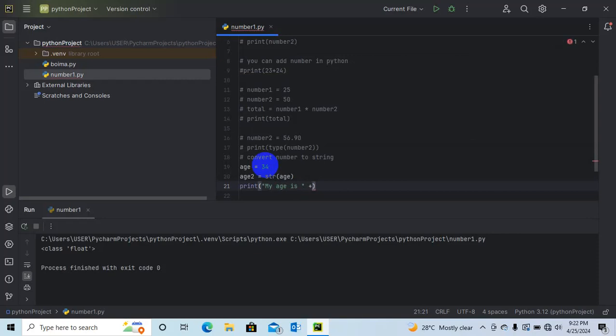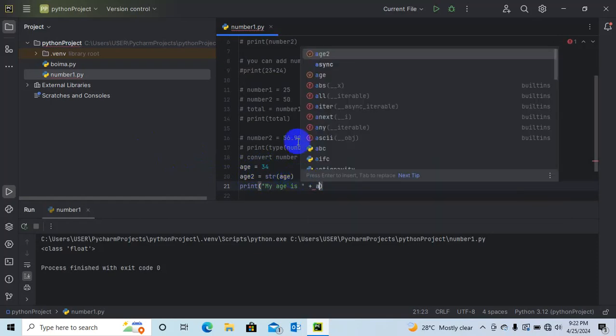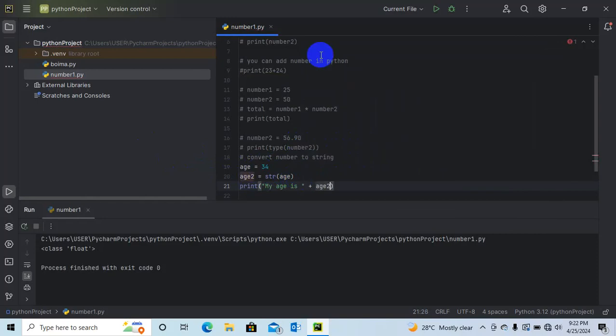After the plus sign, remember we declared age 2 here, so we converted this to a string. So we can put age 2 and run this, you're going to see. So you see my age is 34.